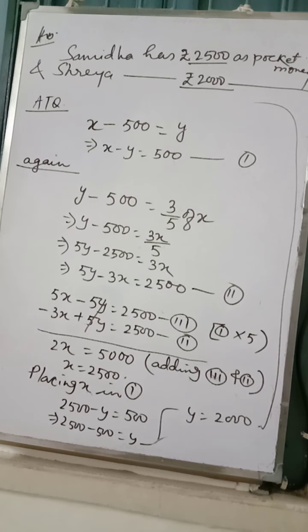Next question. In 28 it says two mobiles, S1 and S2, these are the mobiles' names, are sold for rupees 10,490, making 4% profit on the first and 6% profit on the second. If the two mobiles are sold for rupees 10,510, the profit of 6% is made on the first mobile and 4% on the second mobile. Find the cost price of both the mobiles. So let us start question number 28.